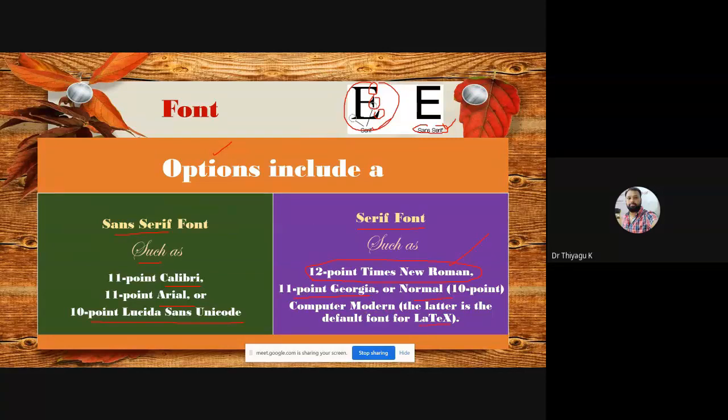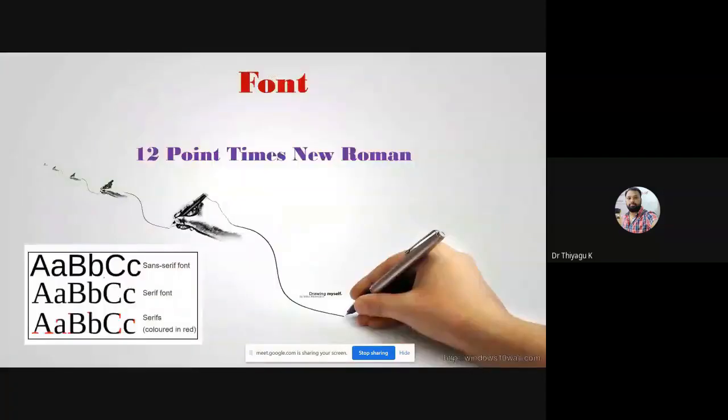So APA gives some flexibility in using fonts. It's a good thing, and we have to accept this flexibility. Otherwise, you can go with a single font only, but they're not imposing a single font. The investigator can go as they like. But my suggestion is better to go with 12 point Times New Roman. It is already suggested by the APA format. So I'm telling you the three divisions of difference.